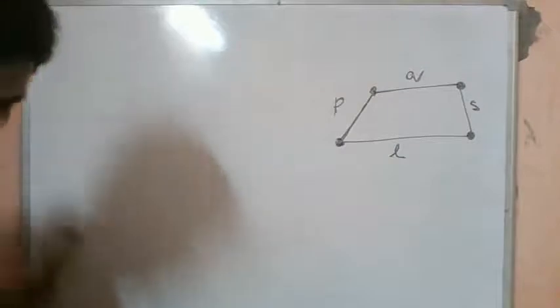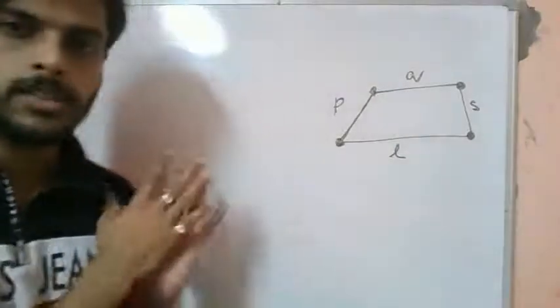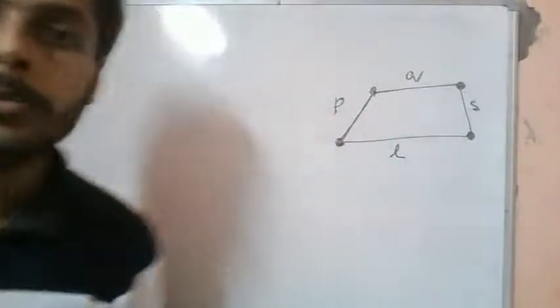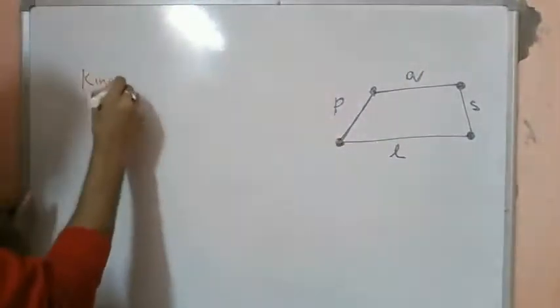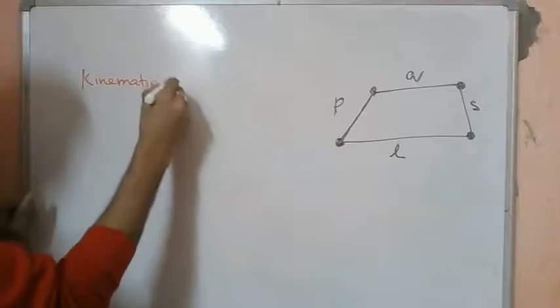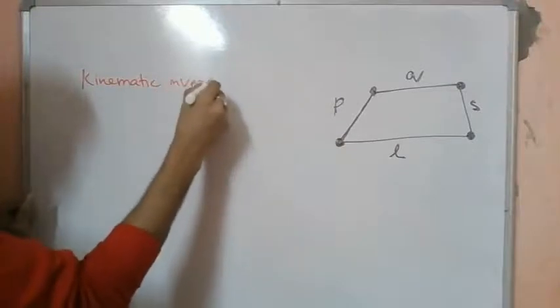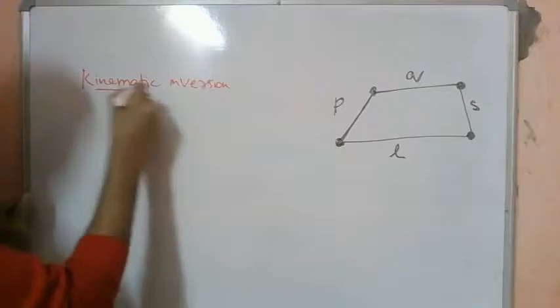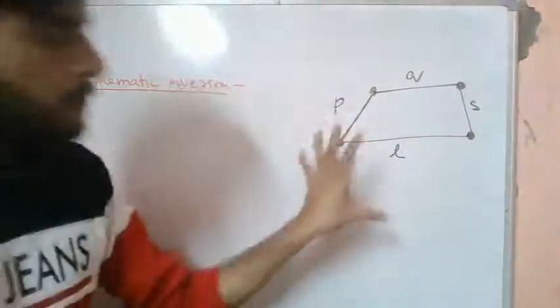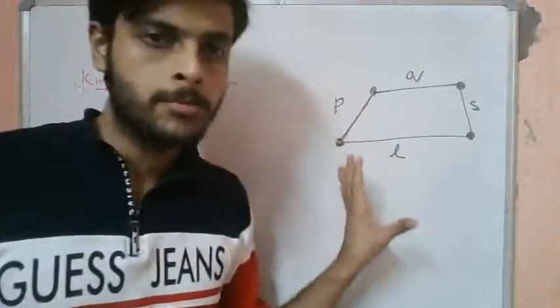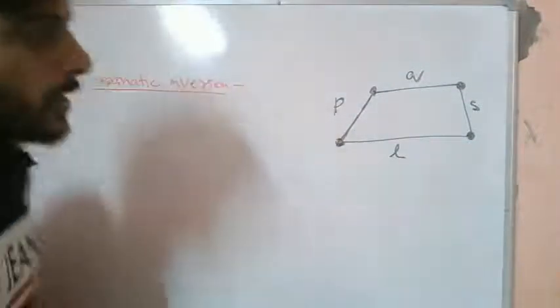Okay. So now before we execute this Grashof's law, let's understand what we mean by kinematic inversion. What is kinematic inversion? A kinematic inversion is basically a mechanism made of the same links, but each time